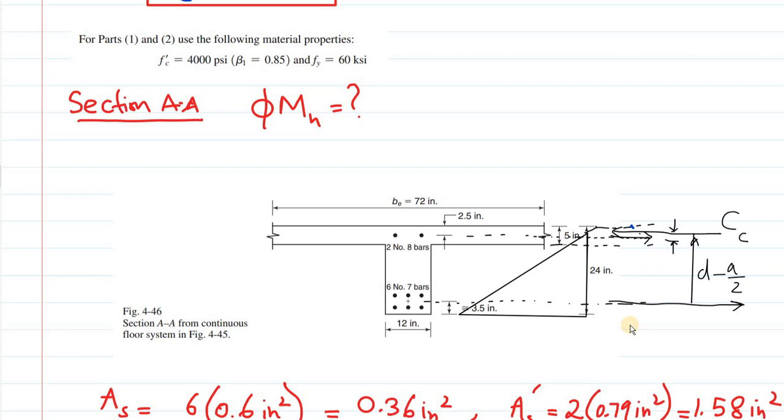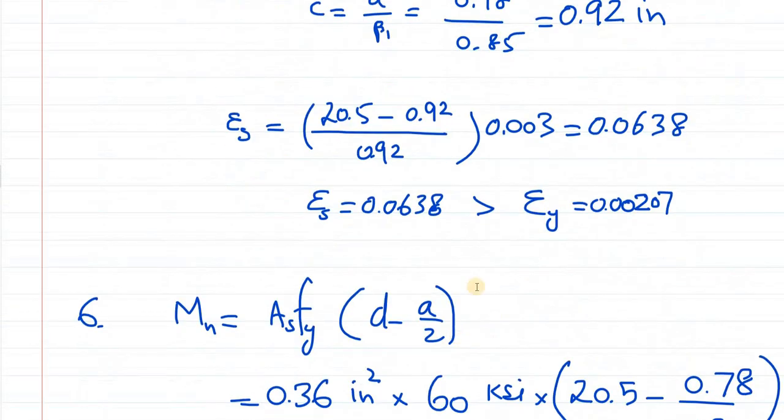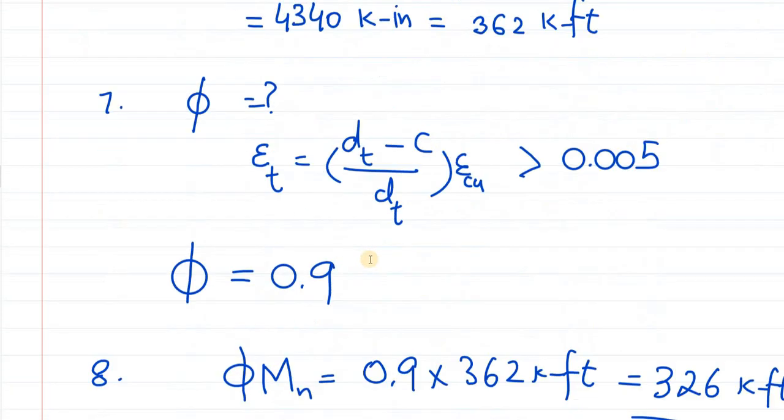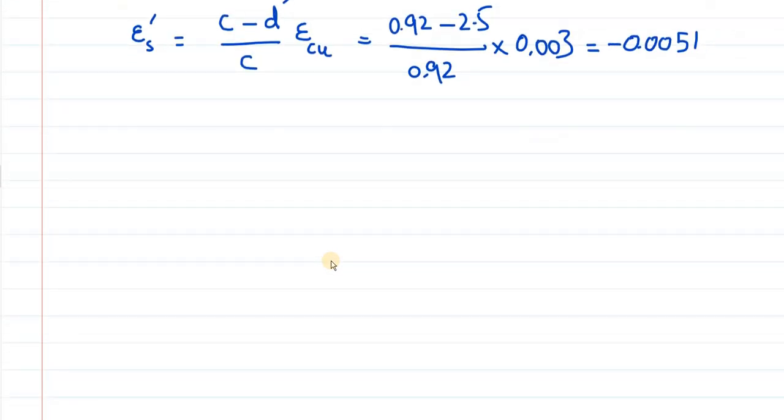Now this lever arm, this total distance was d prime, 2.5 inches, and if you subtract half of this distance, which is a by 2, at which Cc is acting, so from d prime you will subtract a by 2. Just as you had d minus a by 2, you will have another term d prime minus a by 2. So if I wanted to consider the effect of compression reinforcement, then